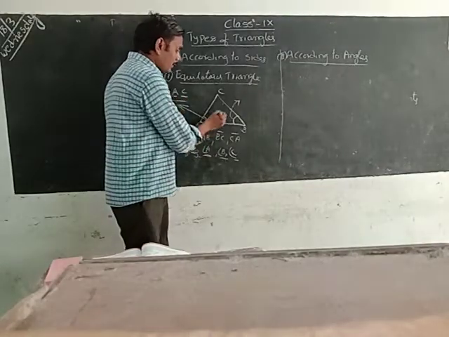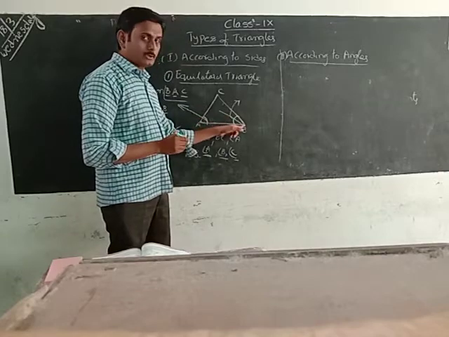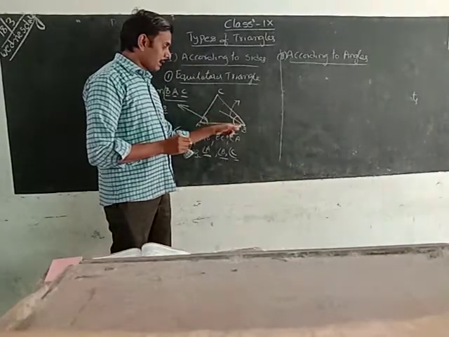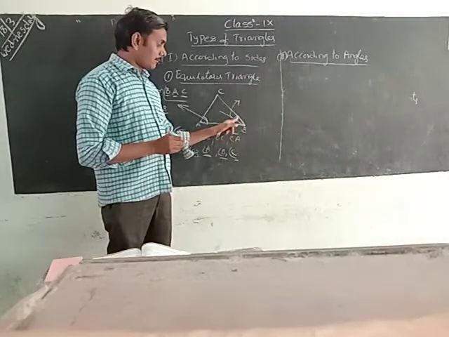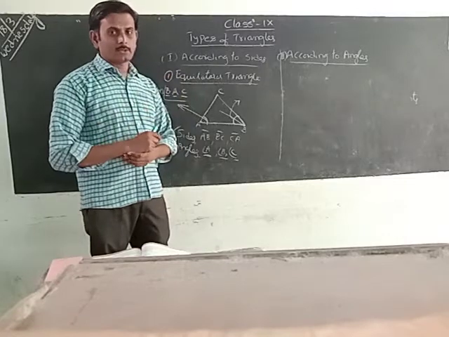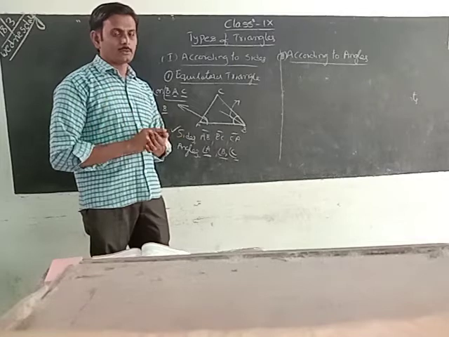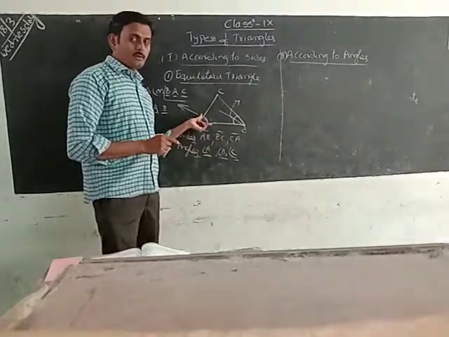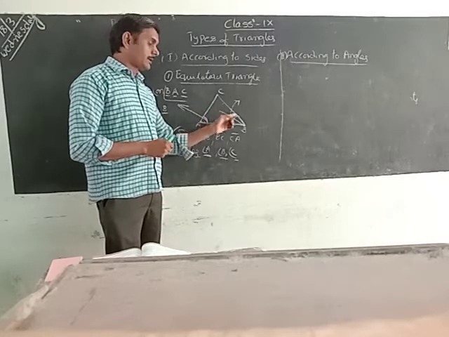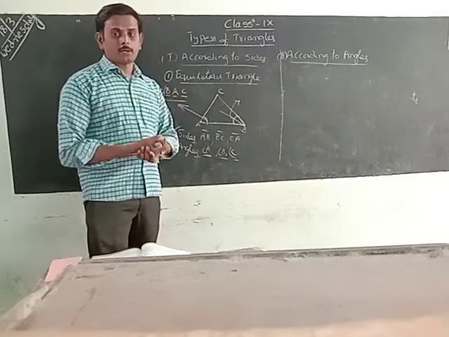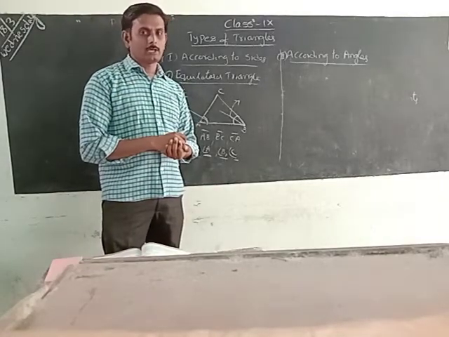For example, I can take a line like this. By drawing this line segment, the vertex angle will be divided into how many parts? Two parts. Whenever a vertex is divided into more than one part, don't use the single letter. That is a mistake. Only when a vertex has only one angle can we use the single letter. Whenever a vertex is divided into more than one part, we use three letters to represent the angle.